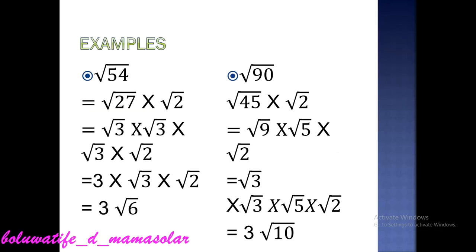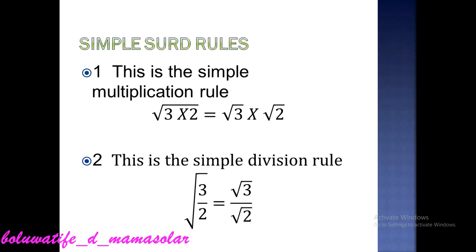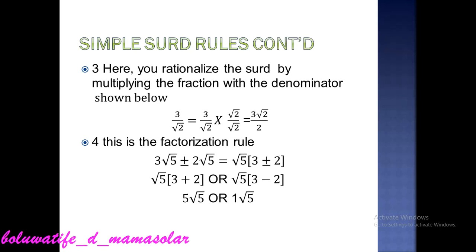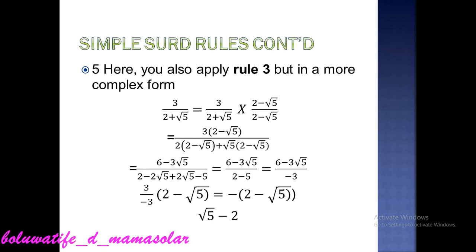So I have examples here. If you look at it carefully, in 54 and in 90, they cannot be further simplified from the examples I gave. Then they have 5 basic rules for surds. You have the multiplication rule, the division rule, you have the rationalization rule where you play around with the denominator being the surd value. You have the factorization rule, you bring out like terms, and you have the second rationalization